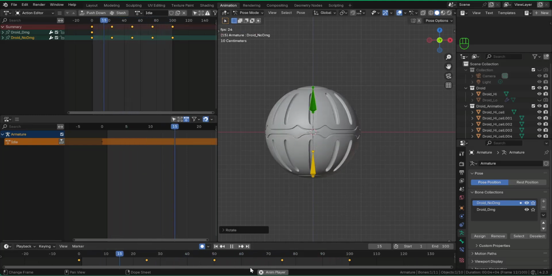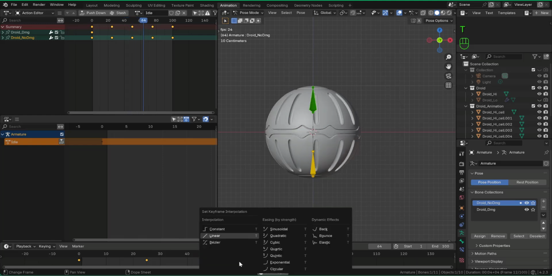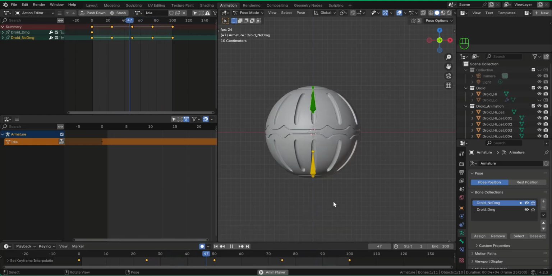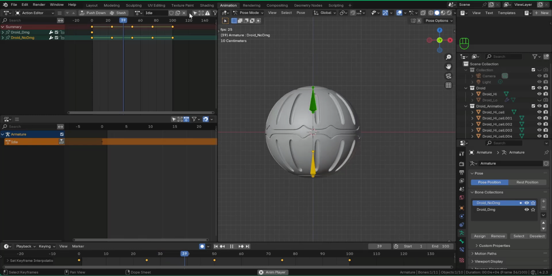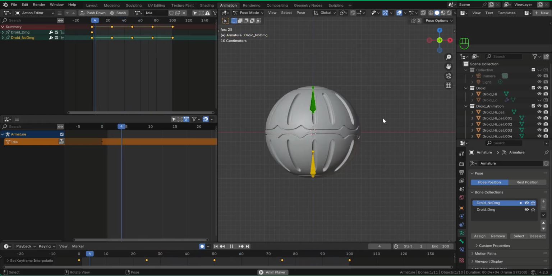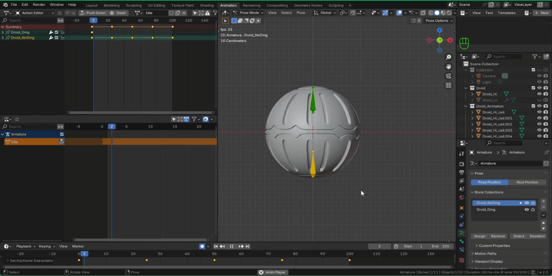I want to hover over the timeline, hit the T key, and then set the keyframes to linear, which gives us a consistent rotation. If this rotation is a little bit fast, you could always slow it down in the game engine, or you could adjust the timeline here. That is our idle animation, which when we get back to GDevelop, we can go ahead and remove those events